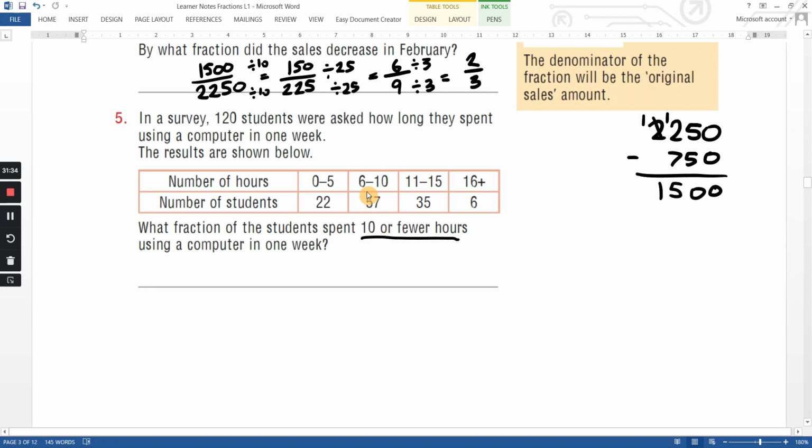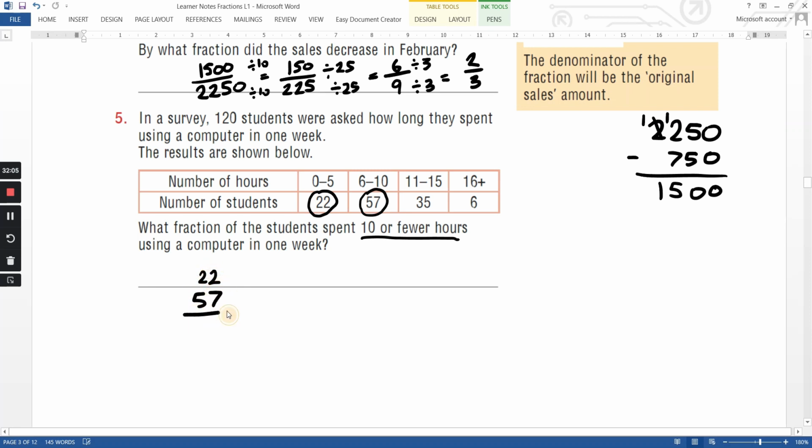Well, it's definitely these guys, which they used between 6 to 10, and also these guys as well, because they're less than 10, aren't they? Yes, so these 22 students, definitely they're less than 10, because they only spent between 0 and 5 hours. So because it says 10 or fewer hours, we have to include both of these groups of students,